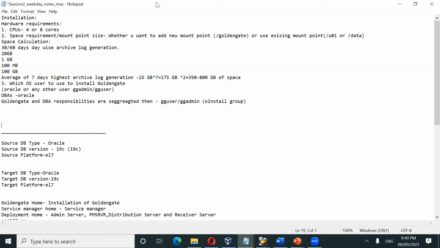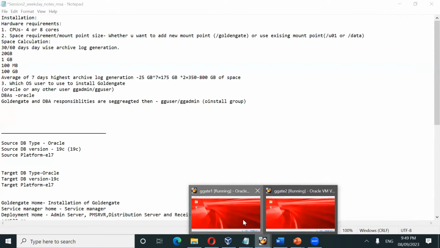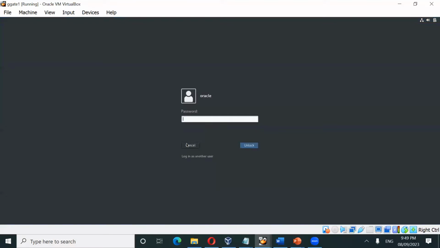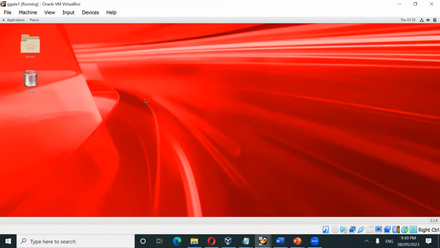So remember one thing, everything depends on what type of database you have, what version you have, and third, what platform your database or your Golden Gate is hosted on. Okay. So in our case, the Golden Gate we are going to install on this VM. Okay. So if I check this VM,